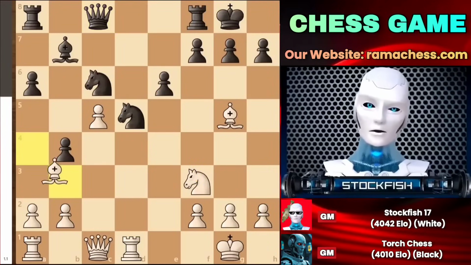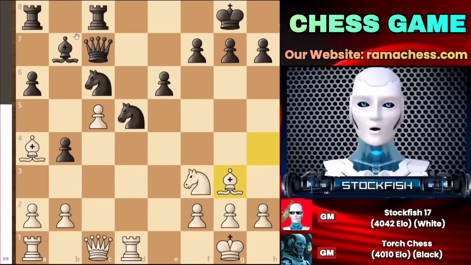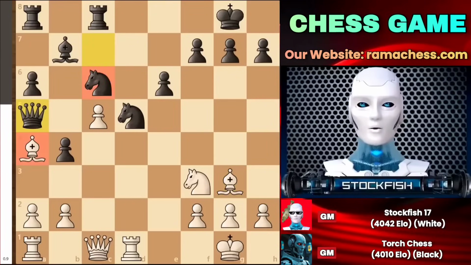Which is why we have bishop a4, attacking the knight. As the queen moves, the bishop moves back, and consequently, bishop g3 comes to attack along the diagonal. Black played queen a5 to attack the bishop. Capturing the knight will not bring any advantages for me, which is why the bishop moves back to c2 to